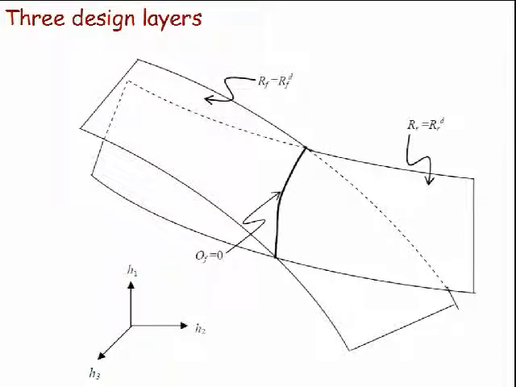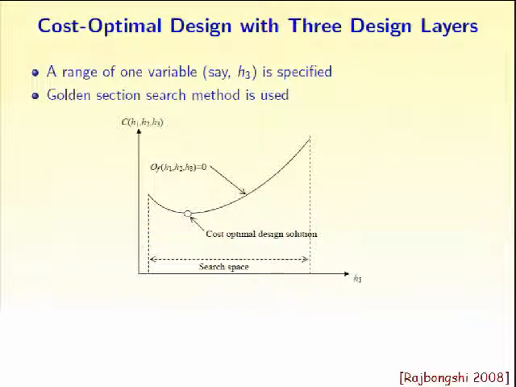to achieve your reliability. So when you have 3 variables, it turns out to be 3-dimensional, because you need to have H1 and H2. And instead of getting a point, in this case, you will get a line, obviously. And therefore, your OF equal to 0 line, which is the objective function, that is where all the reliability limits are individually satisfied, will lie on this line. And therefore, you have to again invoke some kind of a search operation where it will be able to find out the least cost one, because you want to satisfy the reliability as well as achieve the least cost option. So this is how it can be done.